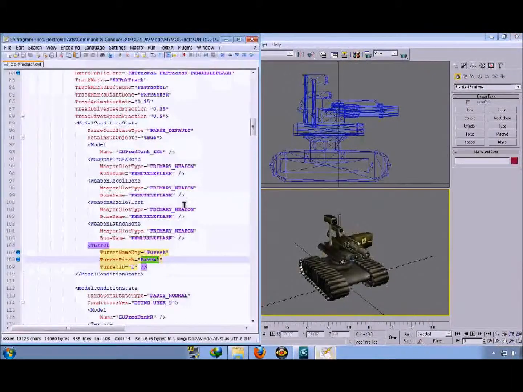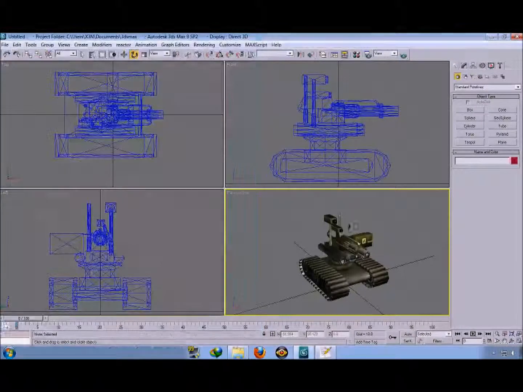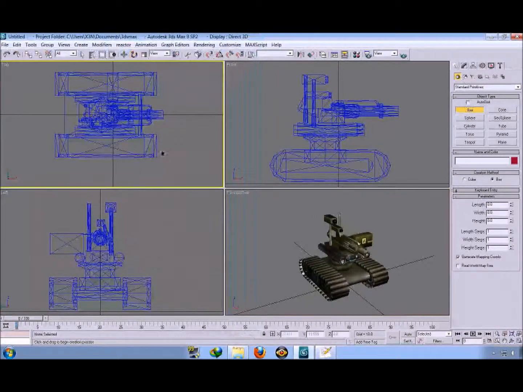Opening up once more GDI Predator XML, we can see clearly that it's time to add the bones we talked about earlier. This can be done by using simple geometry rather than bones, or alternately use dummy helper objects. Finding the line that refers to the muzzle flash indicates where the tank bullets will come out from, and how